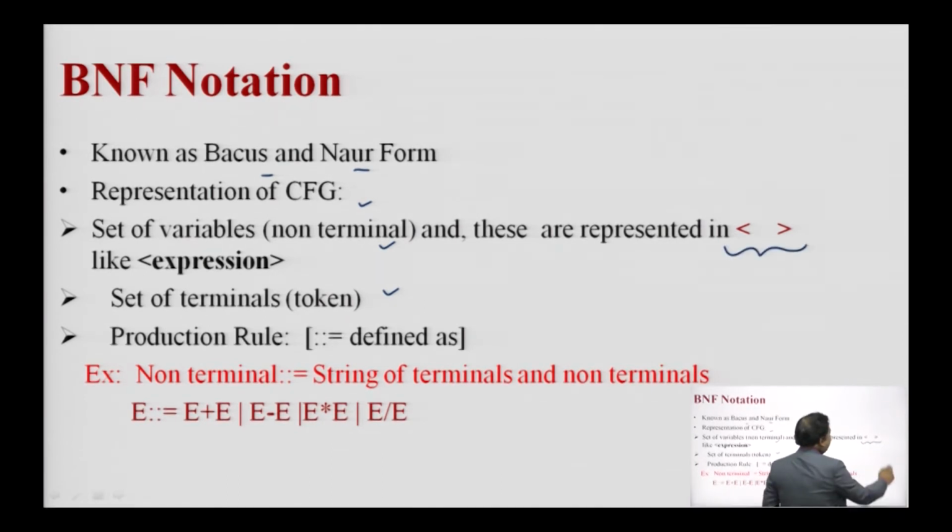The simple rule is: we have the terminals as we have in the context free grammar, and we have the non terminals as we have in the context free grammar, but in the Backus and Naur form, non-terminals are represented within angular brackets, like expression. Suppose this is a non-terminal. So, these are written within angular brackets. Production rules use the symbol double colon followed by equals sign, meaning 'is defined as', but in context free grammar we use an arrow sign. This is the difference between the representation of BNF and a simple context free grammar.